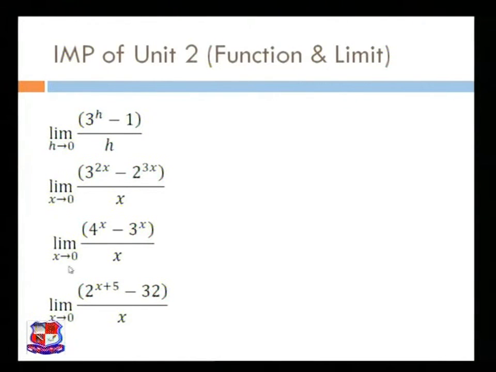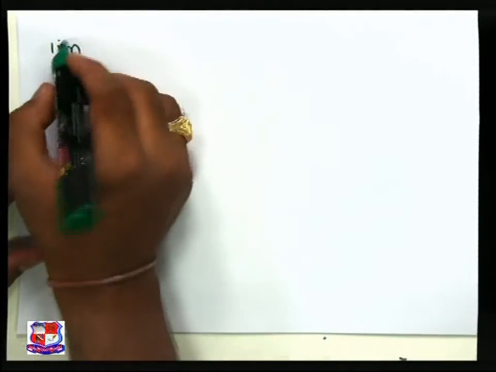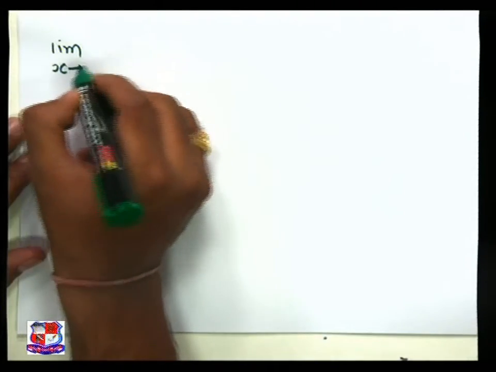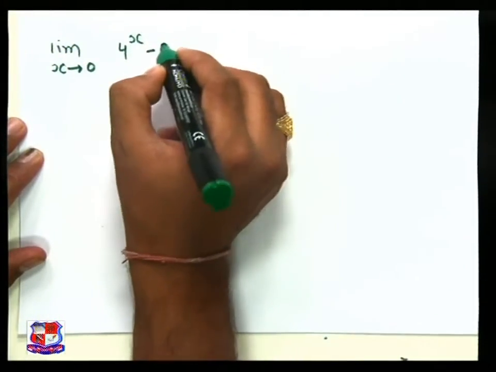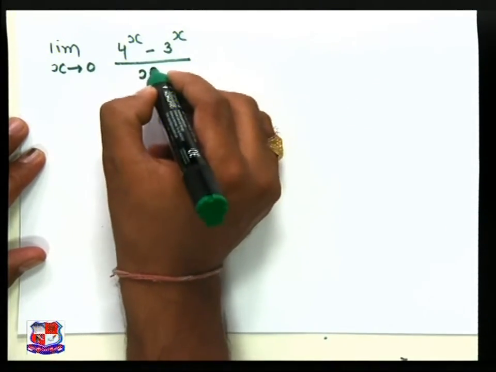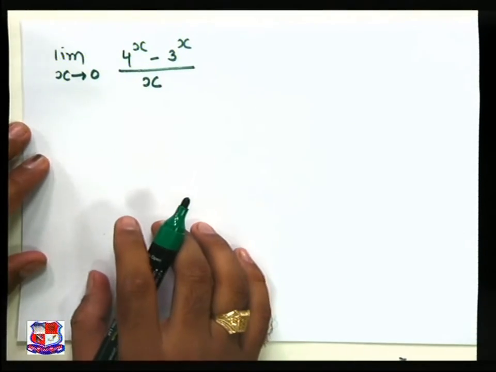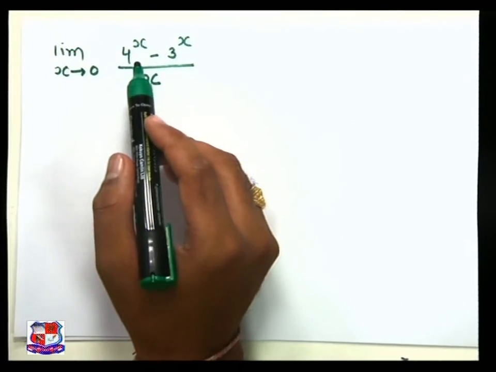Limit x tends to 0, 4 raised to x minus 3 raised to x divided by x. So we can write it: limit x tends to 0, 4 raised to x minus 3 raised to x divided by x. Now again, in the same way, we want to convert this sum as our